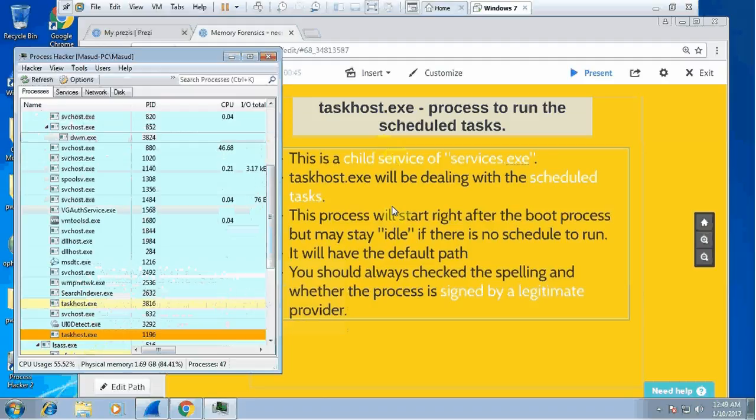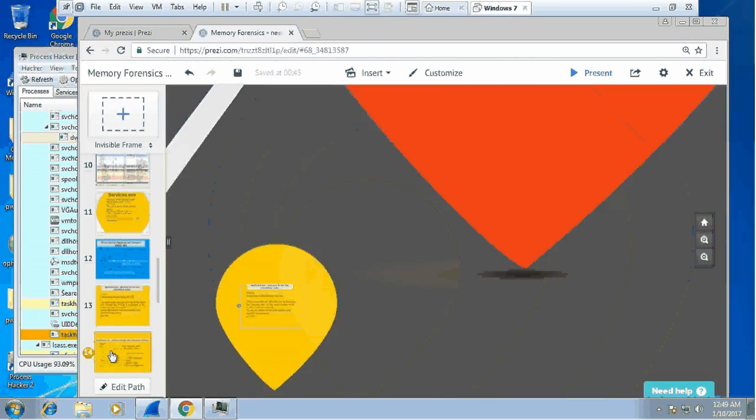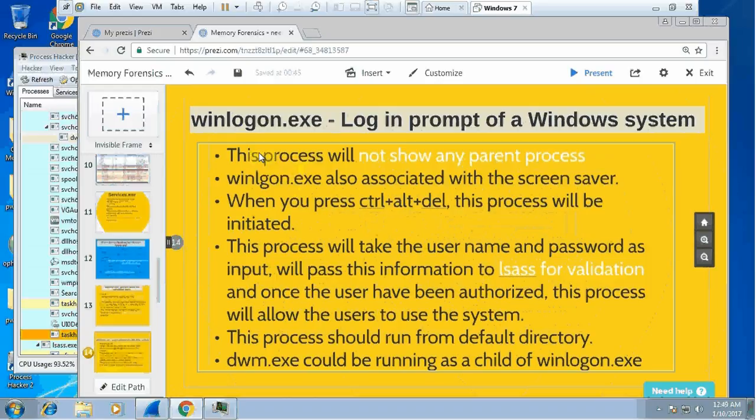It will have only one instance, and always try to find out whether it has been legitimately signed. I will talk about the legitimacy in a minute. So if I move on,